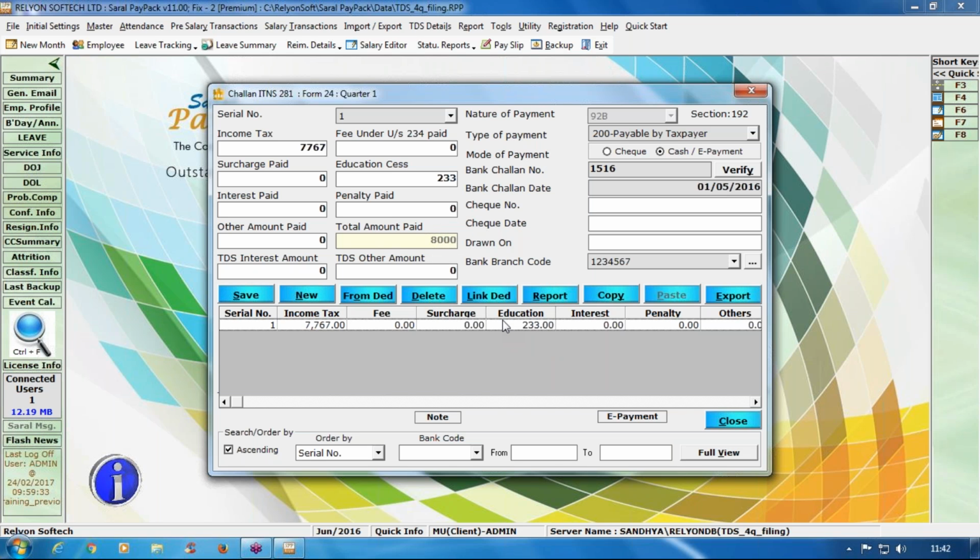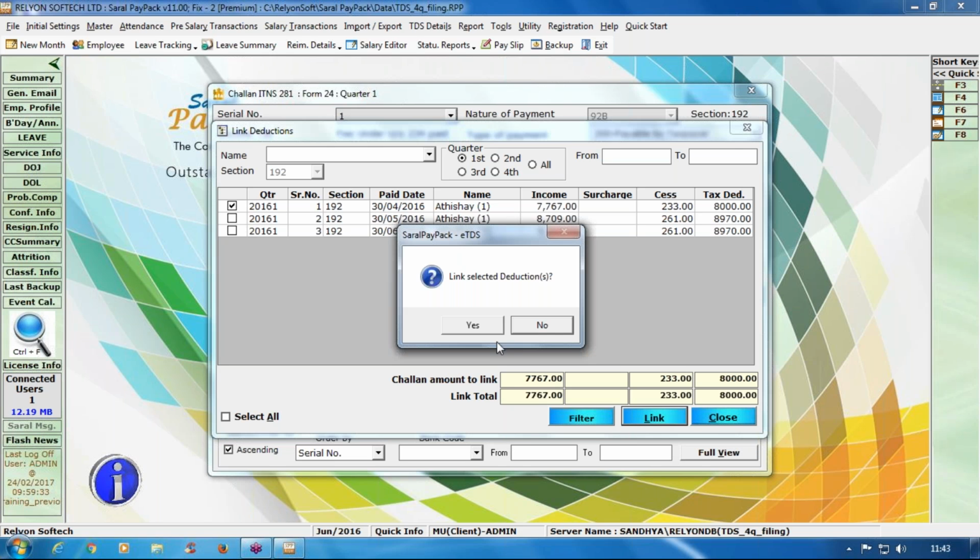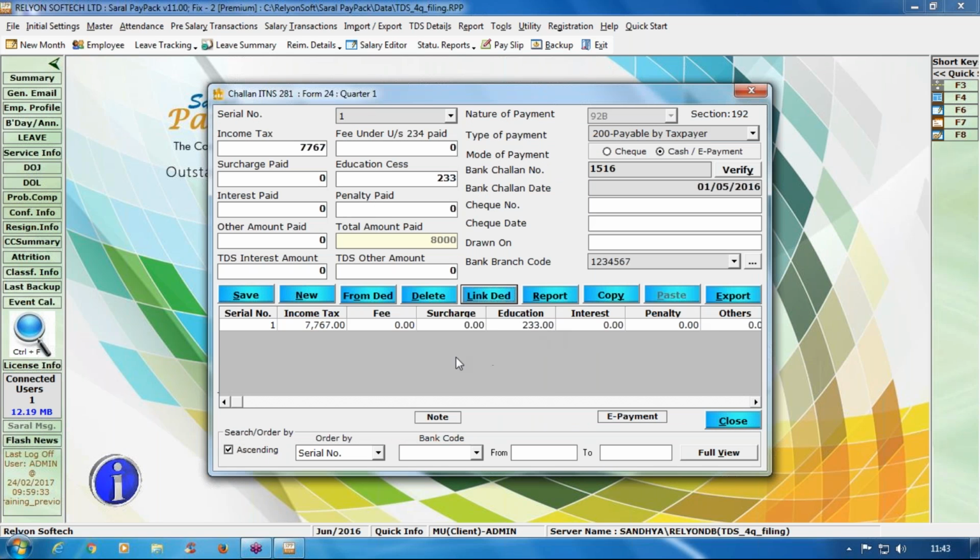But this process will get a little bit confusing, because once this is done, you will also have to link it to a particular deduction. So the first part, whatever I have taken, I have linked it to the April month deduction. So going back and forth linking, especially when you don't know the correct value, because in your cases you will have more than one employee and their values will vary. So in this case I am just linking the deduction. So this challan I am linking it to April month deduction. I am saving it. But since this becomes a confusing process, what we do is the other option, the easier option to do this,